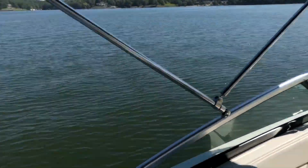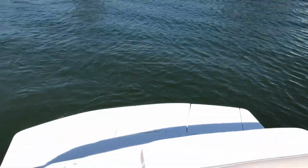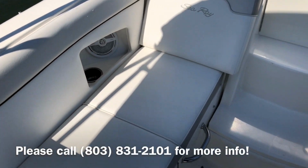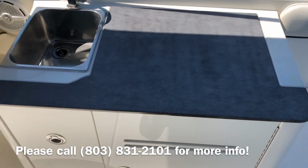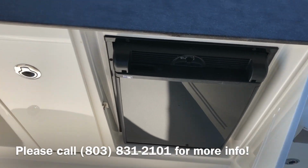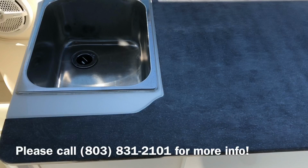Lots of space, huge swim platform with seating area on the back, little seating area on the starboard side, little galley prep area. It's got a 12-volt fridge here, trash receptacle here,